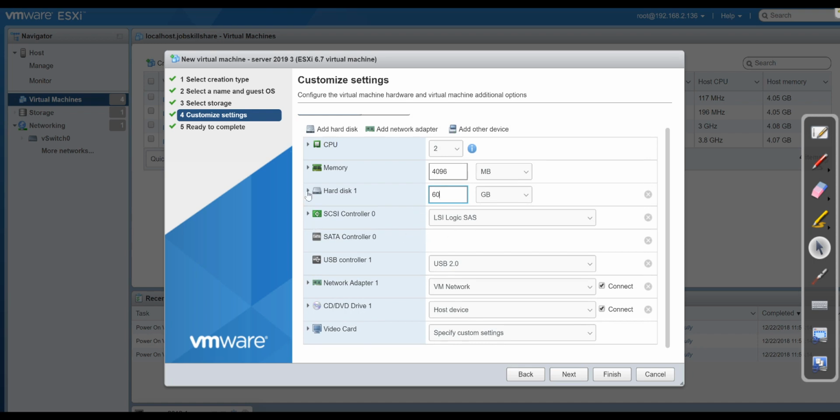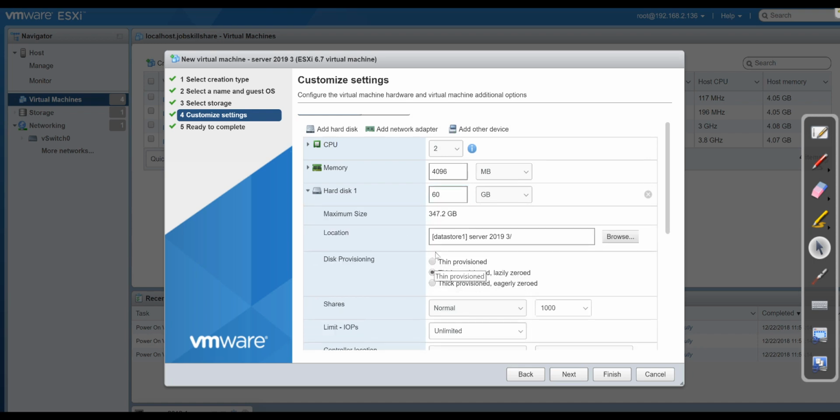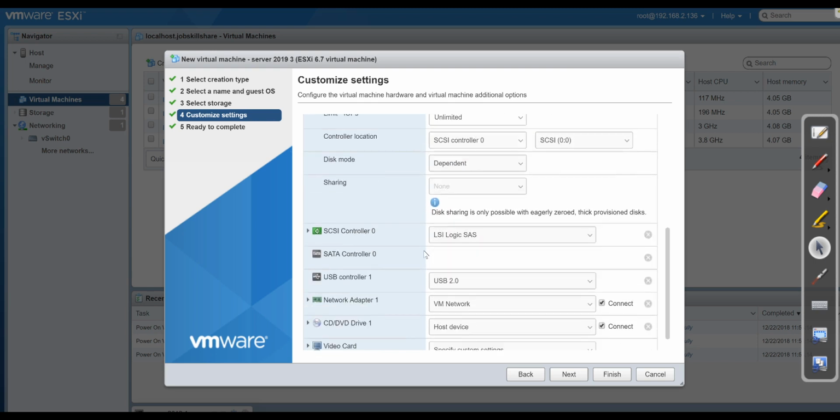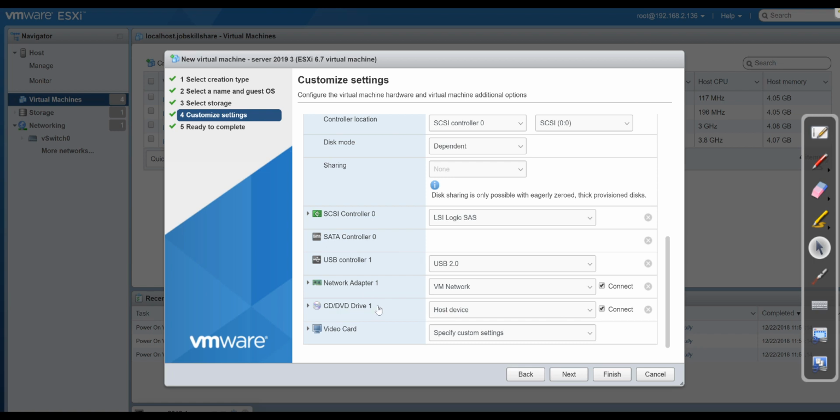And another thing is that you want to make sure that it's thin provision. So if next time you come back and there's an issue with your size, you can change it. I'd rather keep thin just to keep things easy. Now to get to that ISO, you need to click on